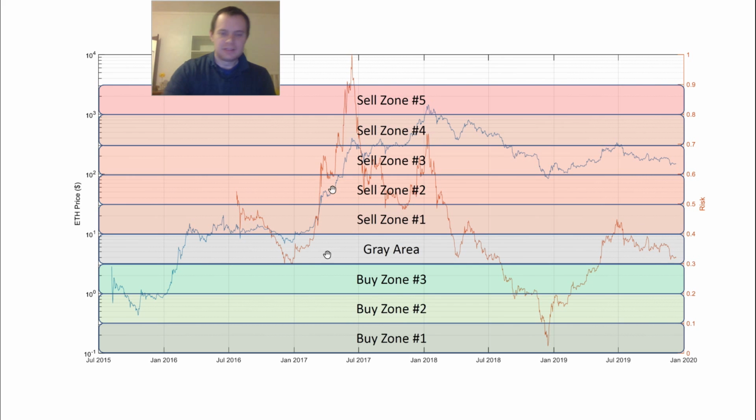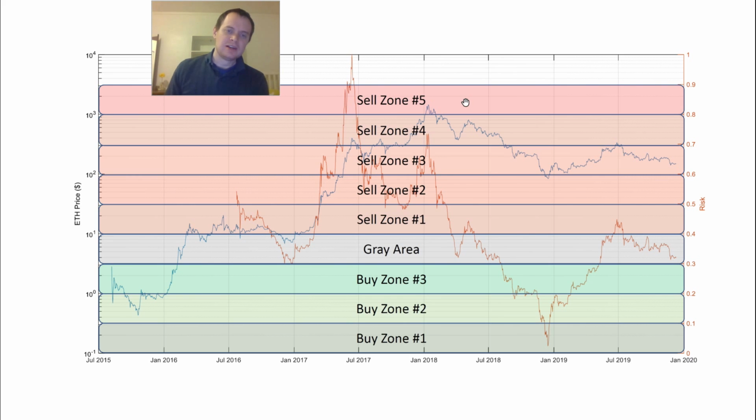So anyways, one of the things I want to point out on this graph is that if you do sell 20% on the way up, then there's two ways you can do it. You can think of it in terms of the U.S. dollar or fiat, or you can also think of it in terms of Ethereum. So if you sell, say, 20% of your Ethereum stack every level, then in the last level you'll be selling everything. Another way to do it is you sell 20% in U.S. dollars, and then as you go up, if the price of Ethereum keeps going up, then you would still have some,